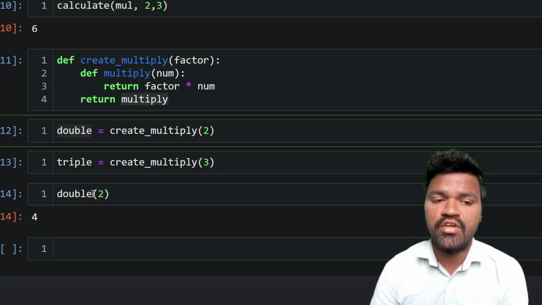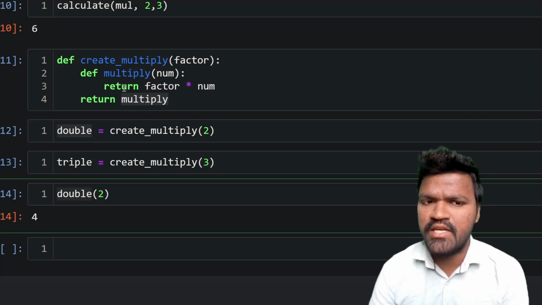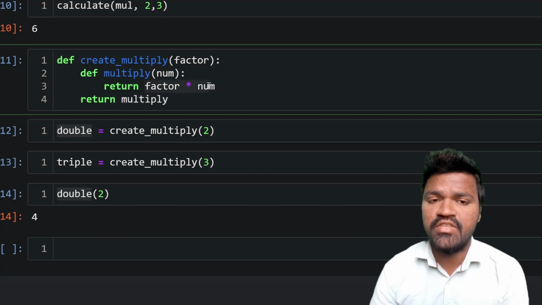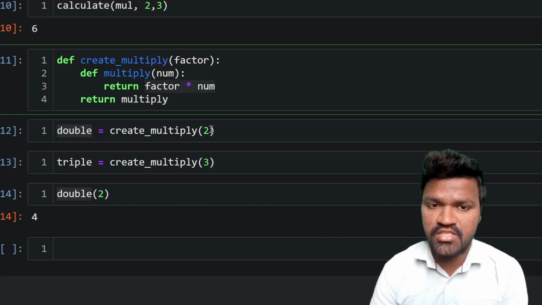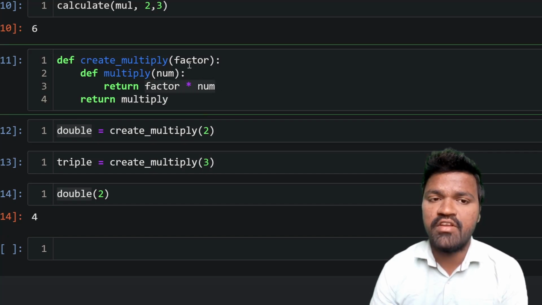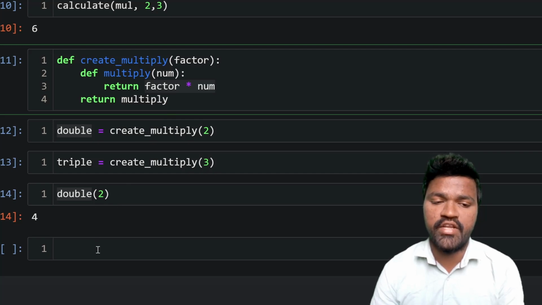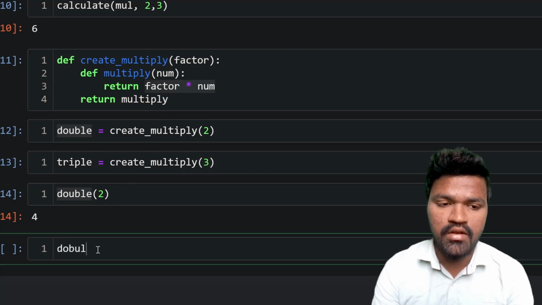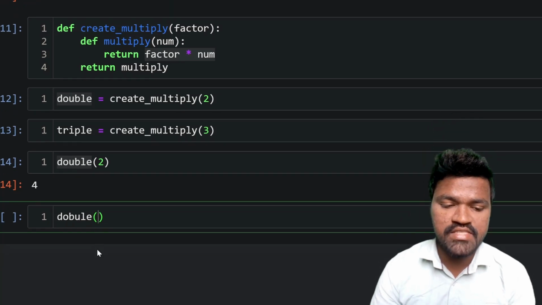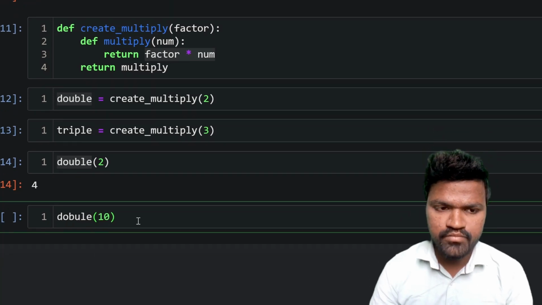After that, when we call this double, which is nothing but multiply, the multiplication happens with the previous 2, which is nothing but the factor when we called create multiply. When we call this double with the number, it gets doubled, which results in 4 here. If I call this double by passing another value, let's say 10,